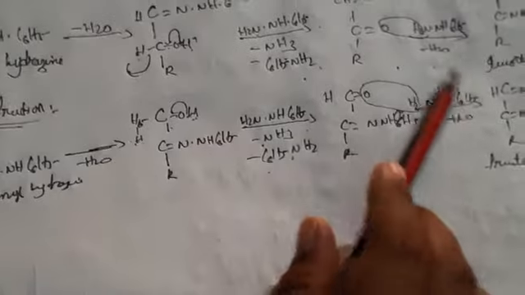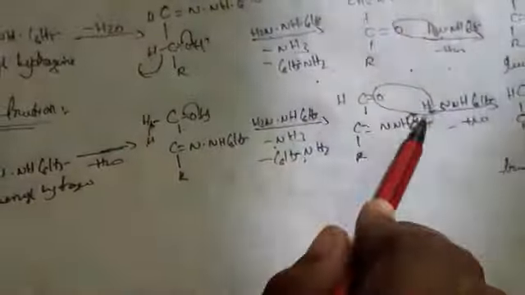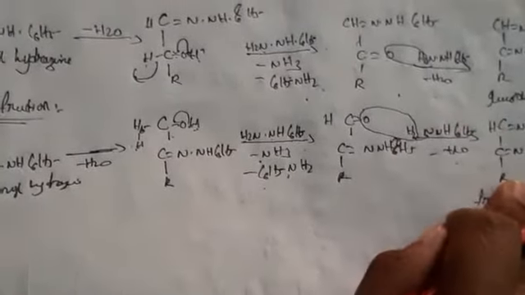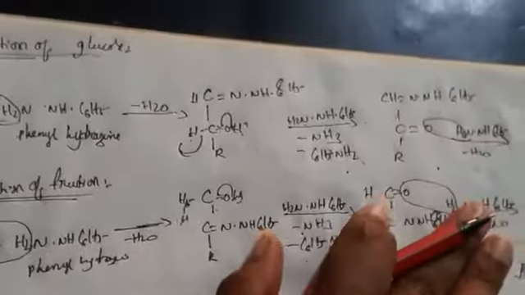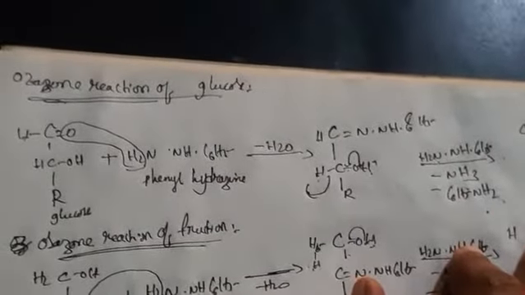Again if you add a phenyl hydrazine molecule, there will be a loss of a water molecule, minus H2O will be lost. So you are going to get finally fructosazone. So same products we are getting, but you only have to check the positions. Okay, so this is about the osazone reaction of glucose and fructose and the differences, and I'll be giving notes. Write it as notes in your notebooks. Okay, thank you.